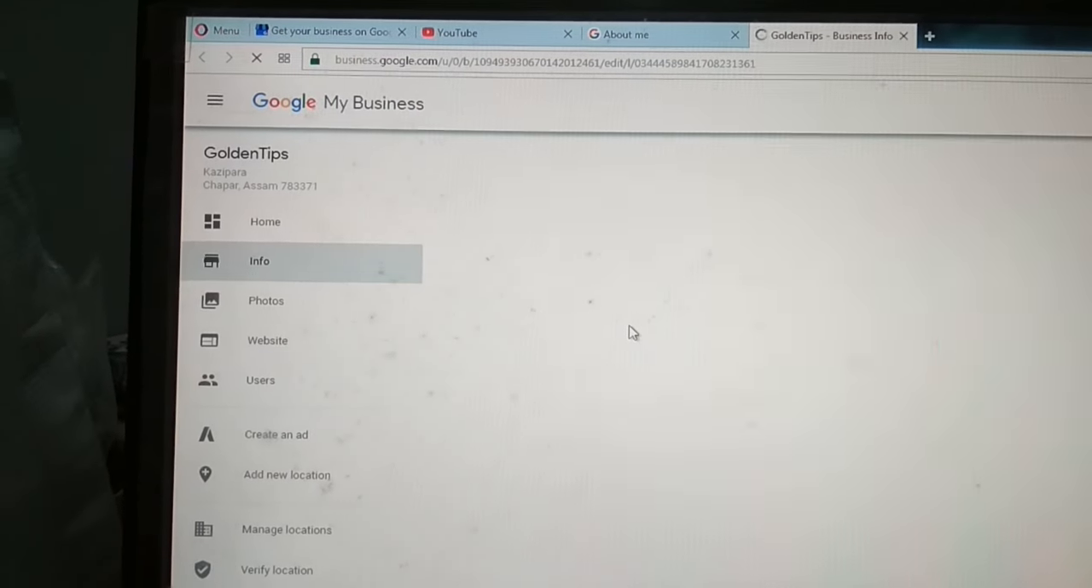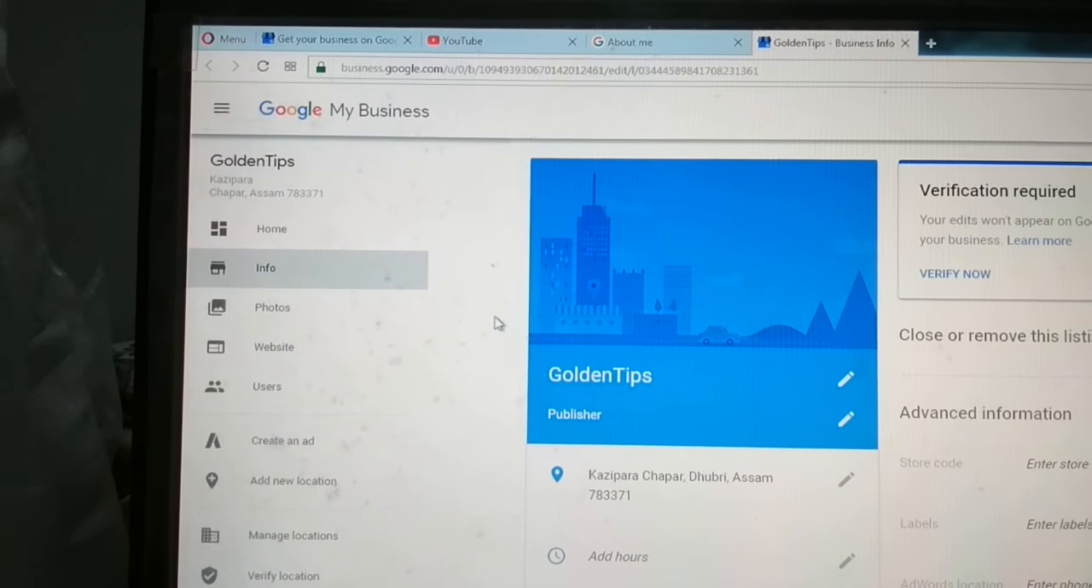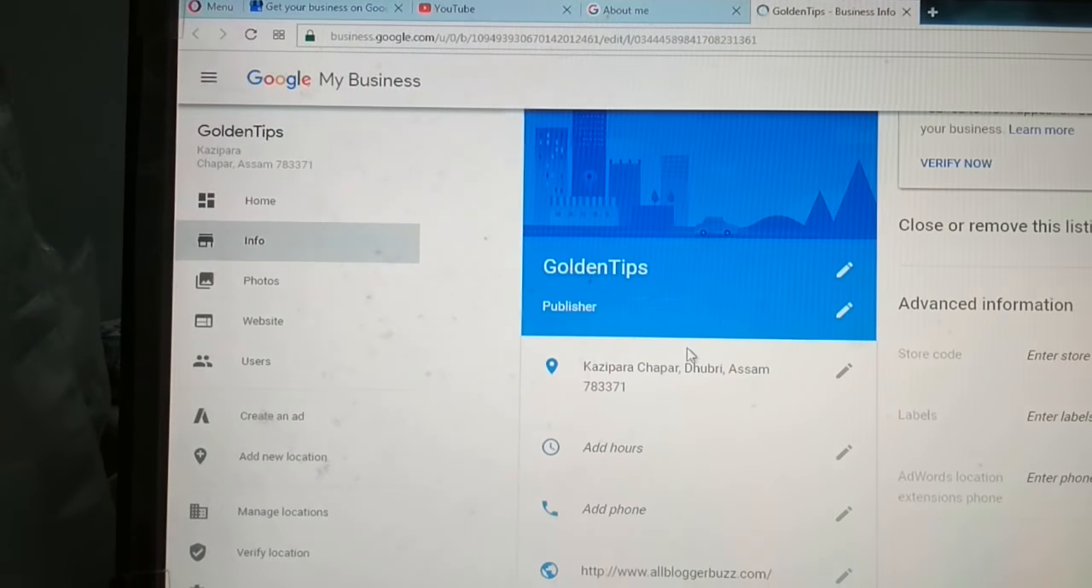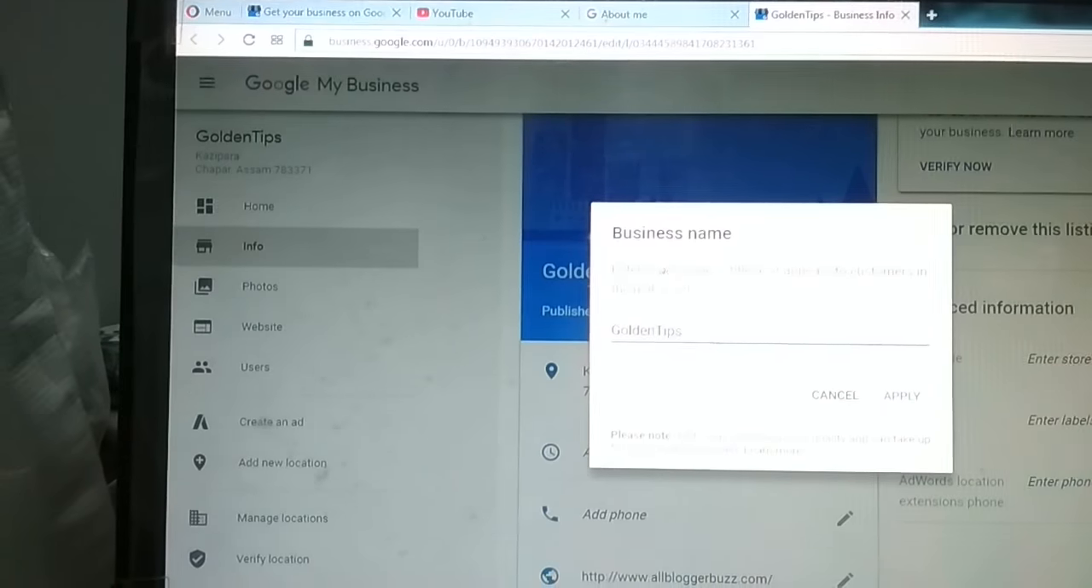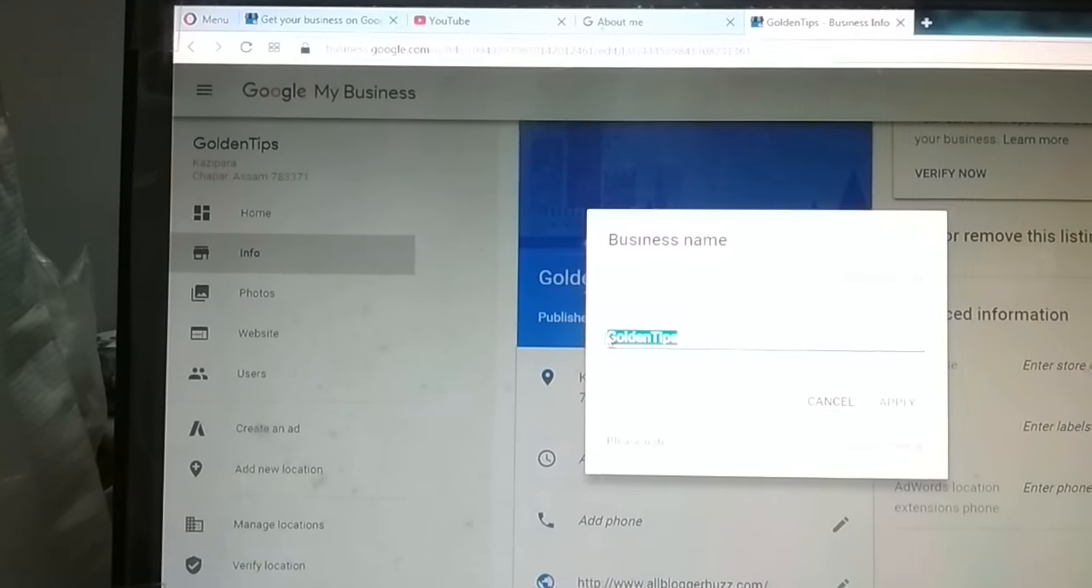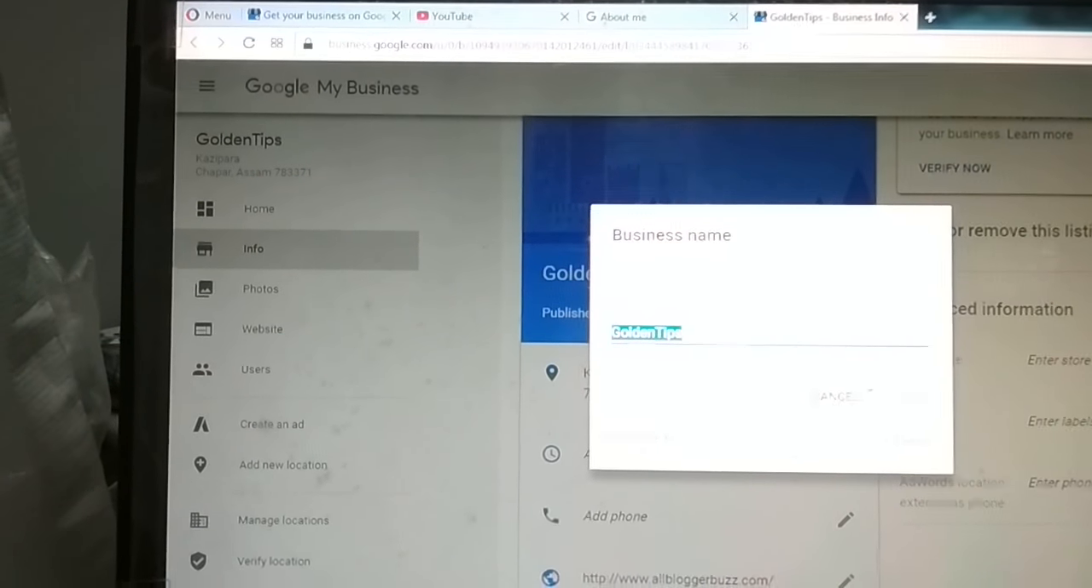Manage in Google My Business. See, you have to change. Now you need to click the edit icon. See, you can change your name here. Otherwise